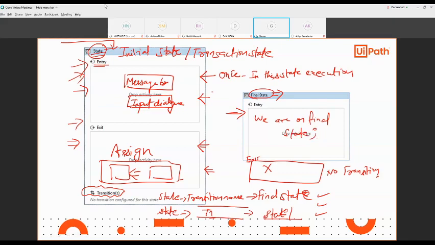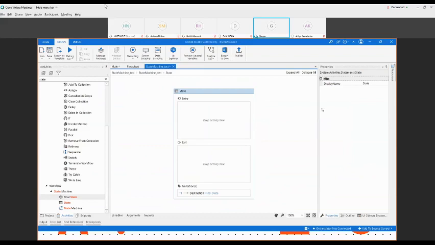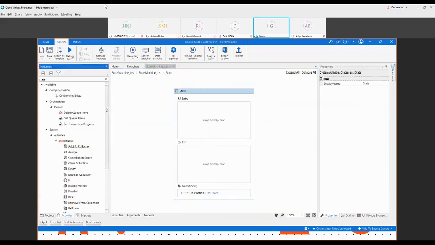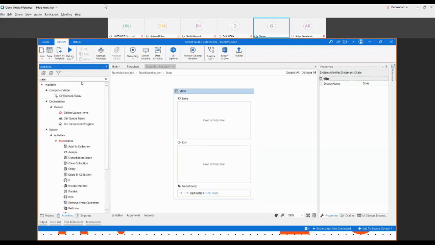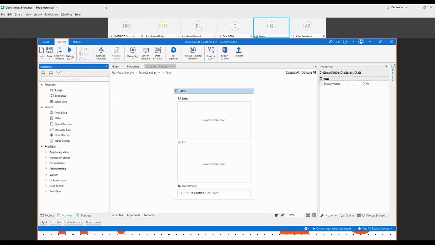This is the overall look of the initial state and final state. Let me show you here itself. You can see this is the entry state and exit state. I can use some kind of message box to print it to show you the process. Where is the message box? I can just search for it, message box.